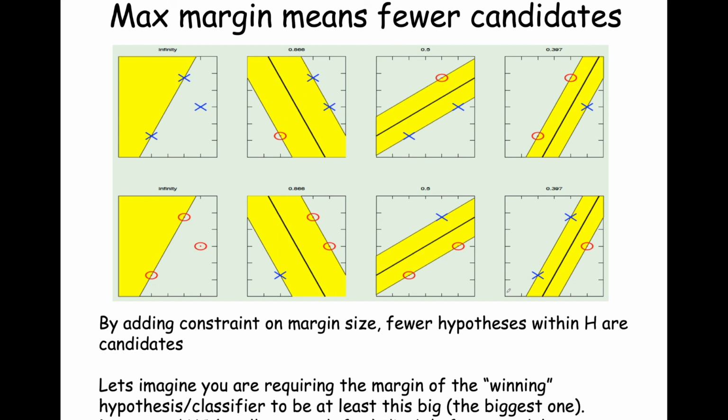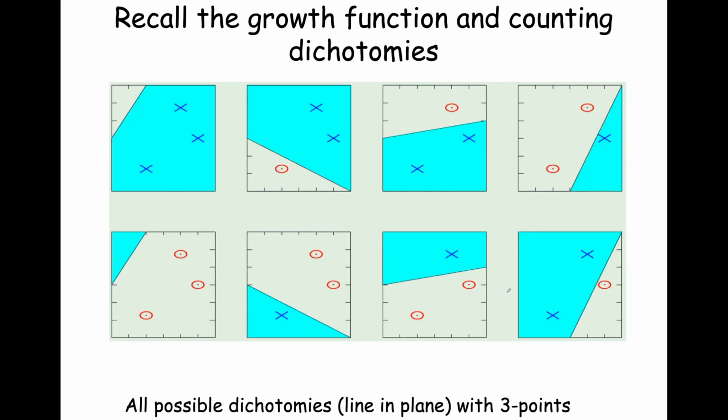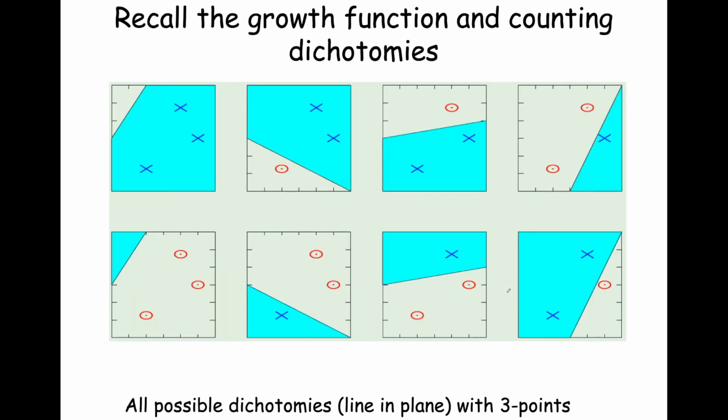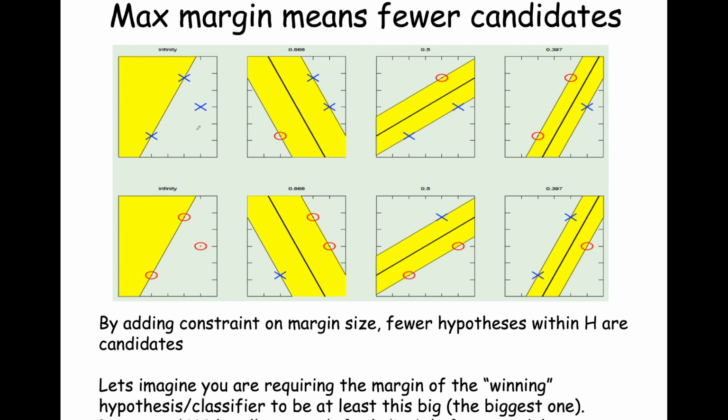So let's take, for example, this dichotomy, and we'll look at the dichotomy that we get when we try to maximize the margin. Okay, so here for this dichotomy, we see a margin that's very close to the points. It's not doing too well because they're very close. Okay, well here for this dichotomy, we see a larger margin. Here for this dichotomy, it's about medium size. Here it's not very good because these points don't have to move very far to go across the hypothesis and